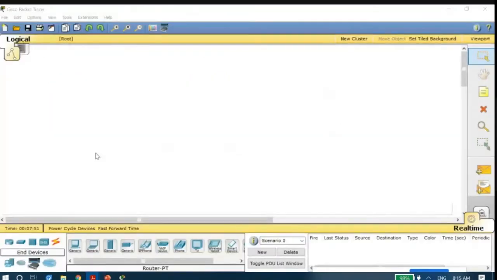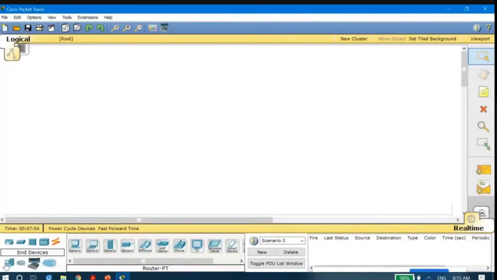Okay, so in order to implement this thing, on the bottom corner you could see there is this computer icon. If you click here, the different end devices will be displayed. Okay, just ensure you are able to see the end devices written here. Yes, so once you click on these end devices, you will find there is this generic PC. So just click on it. Once you click this icon, this red icon will be displayed. However, you have to click it here on the screen. Okay, and the PC will be available to you here. Okay, again we need another PC.